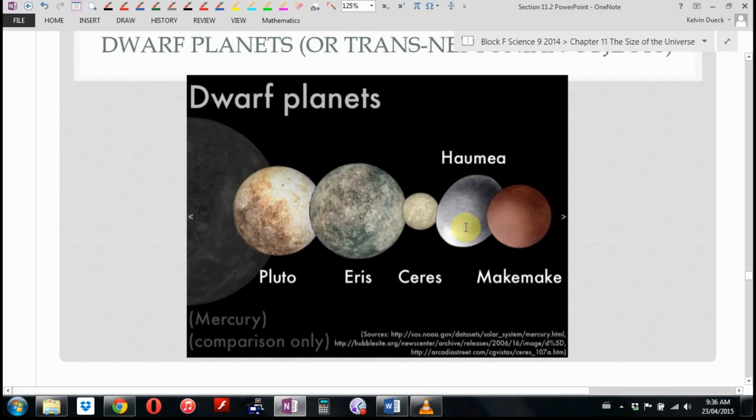Haumea, which is kind of eggy shaped. And Makemake, or I think it's Maki, because it was discovered in Hawaii. Okay. So we could either have added 1, 2, 3 more or capped it. So I give you the same message as our young writer. That's science. Get over it.